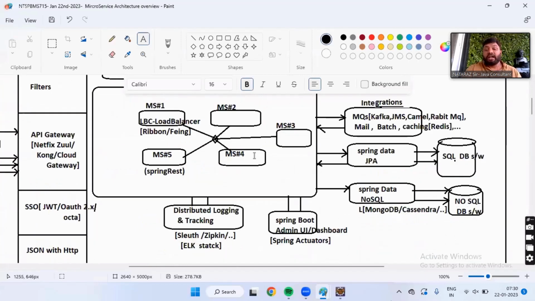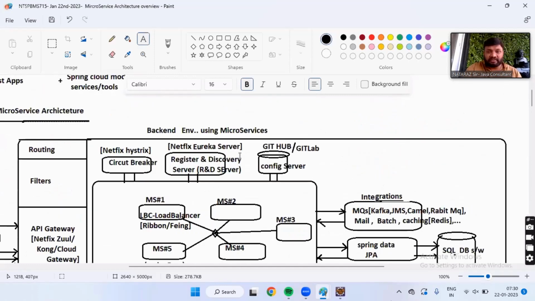I repeat, let us assume all these microservices are talking with the same Oracle database software. They may use different logical databases or the same logical database, right? Or some other common thing they are doing. So I don't want to hard code the related properties in each microservice because they are common. I want to write them one time, globally, so that they can be used by all the microservices. And the common place where we can write common properties for all microservices is nothing but,